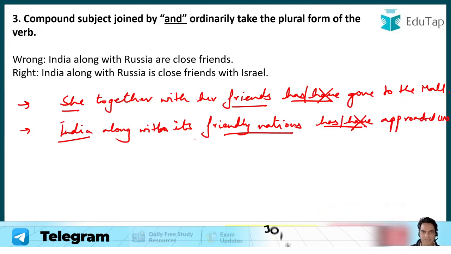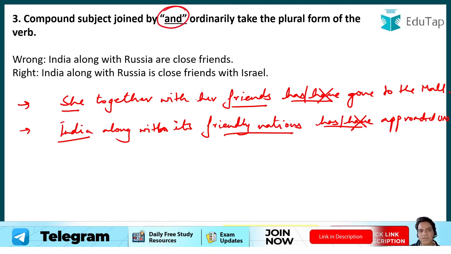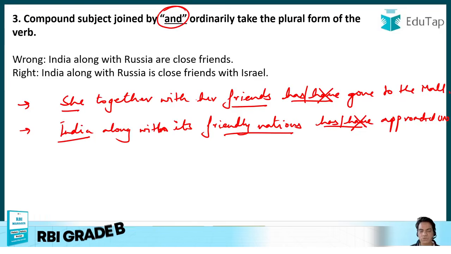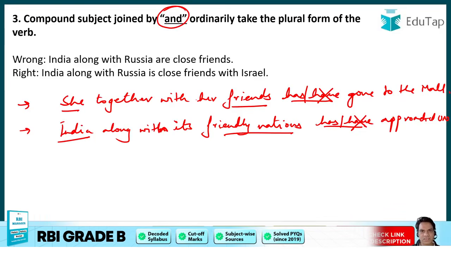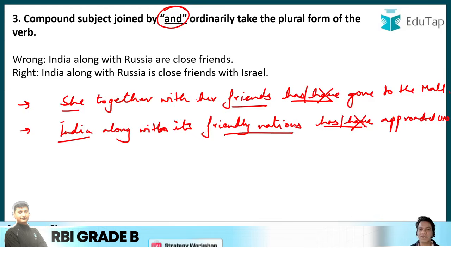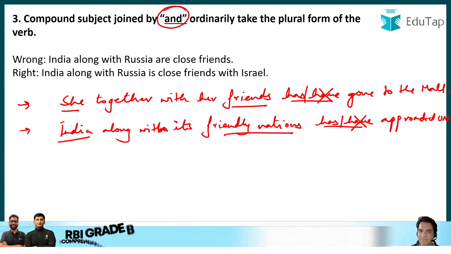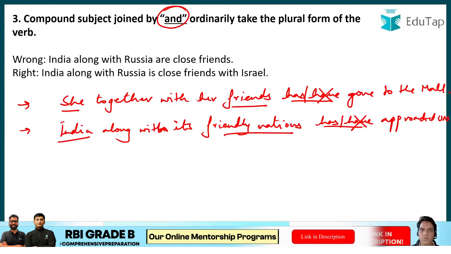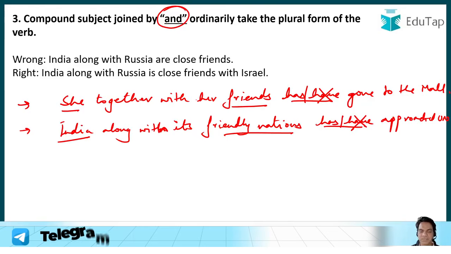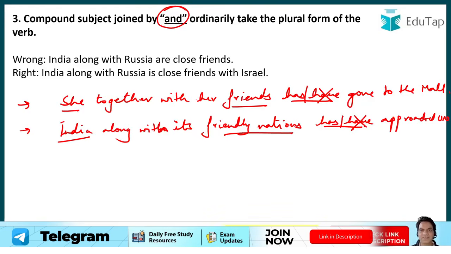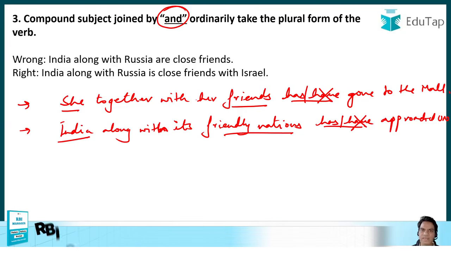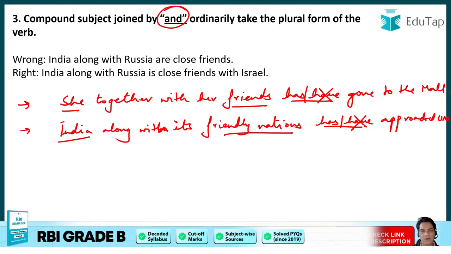Now please understand the concept, guys. There is only one conjunction. Remember conjunctions, the words used to connect two sentences or two words in a sentence. Please listen to the concept very clearly, guys. There is only one conjunction in the English language that can create two subjects in a sentence. I'll repeat the rule. There is only one word, only one conjunction, that can create two subjects in a sentence, and that conjunction is and. This is the only word which can make two subjects in a sentence, that is and.